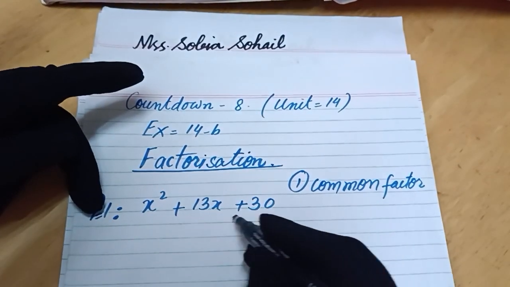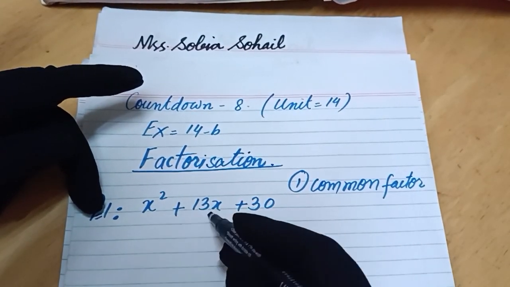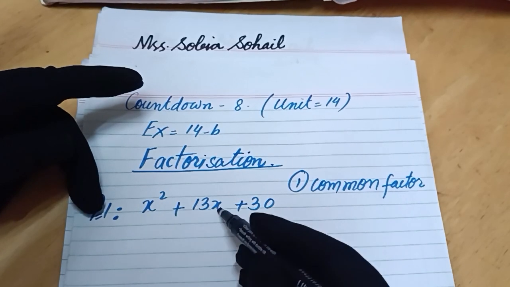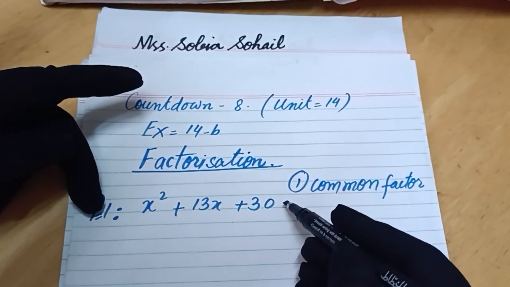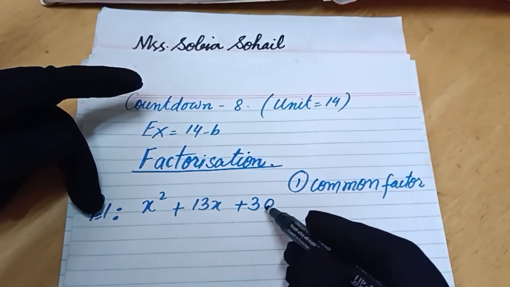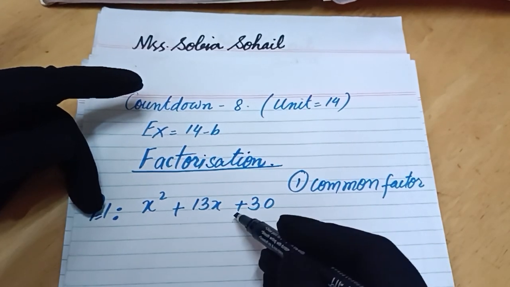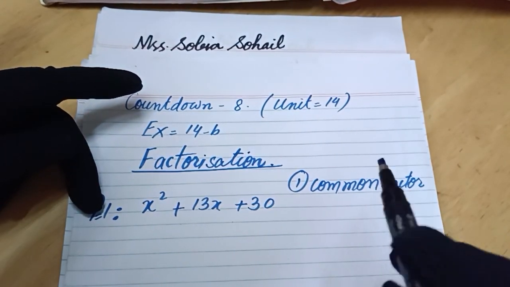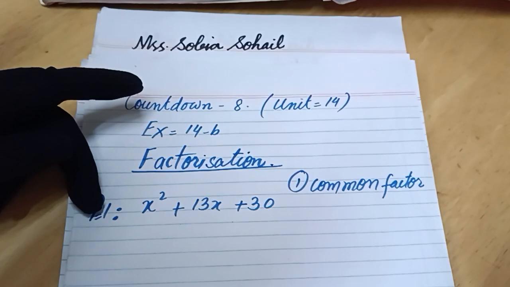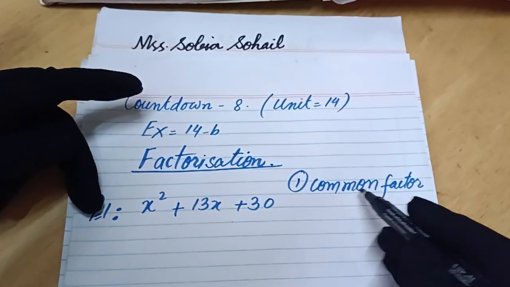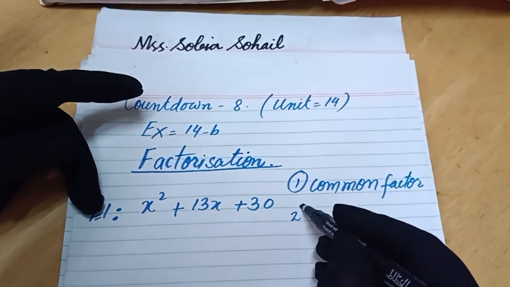Is there any common factor in all the terms? It is a quadratic expression: x square, x to the power 1, x to the power 0 or constant. 13 and 30, no common factor. So no variable and no number is common. We cannot take a common factor. Now the second method,